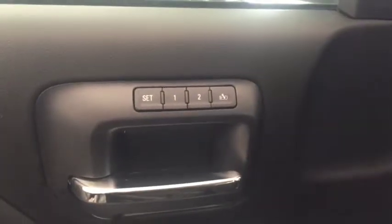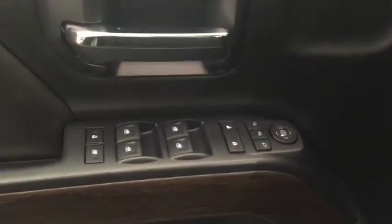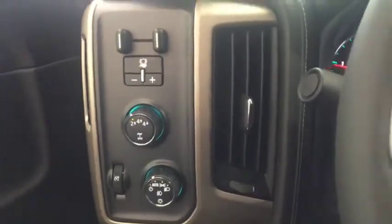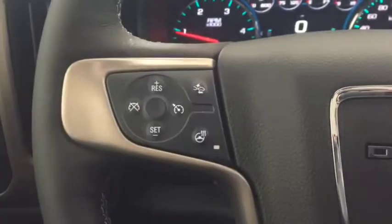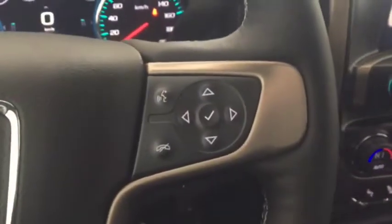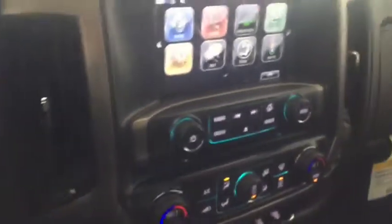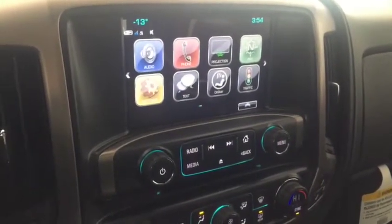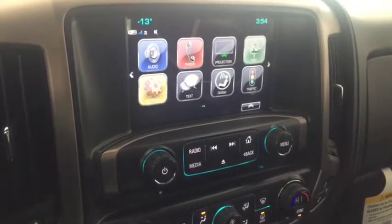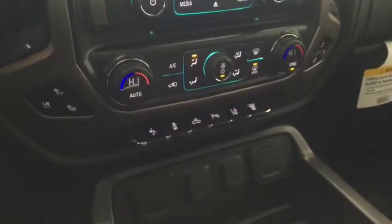Some features include power and memory front seats, power windows, power locks, power mirrors, Bose speaker system, trailer brake controller, automatic headlights. On the steering wheel, we have cruise control, forward collision alert, heated steering wheel, Bluetooth capability, media controls, screen display with navigation, rear vision backup camera, AM/FM radio, Sirius XM radio, CD player, dual climate controls with heated